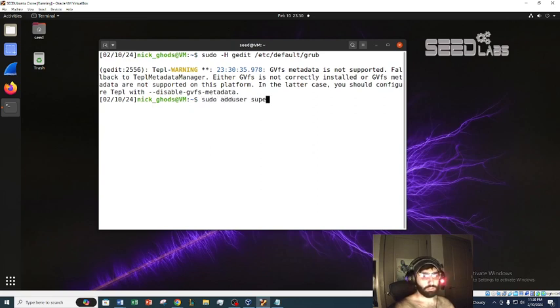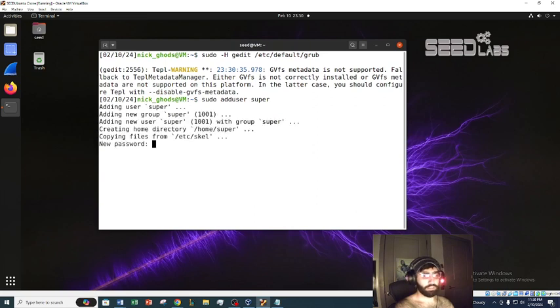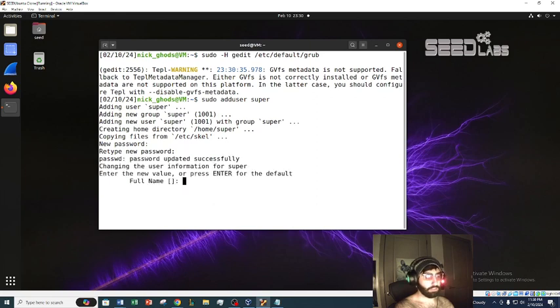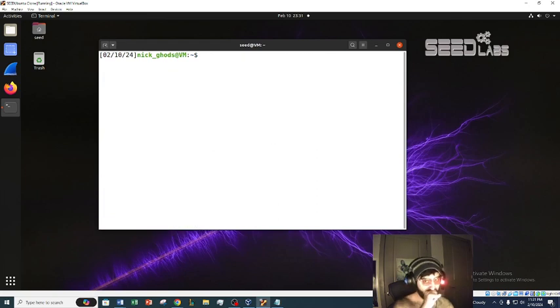Sudo adduser super. It's gonna tell us for the password, no access. It's gonna tell you to retype it again. This is a security thing. No access. Successfully. That's gonna tell you, you can just hit enter on these and then hit Y. There we go. Now we got the new user super,